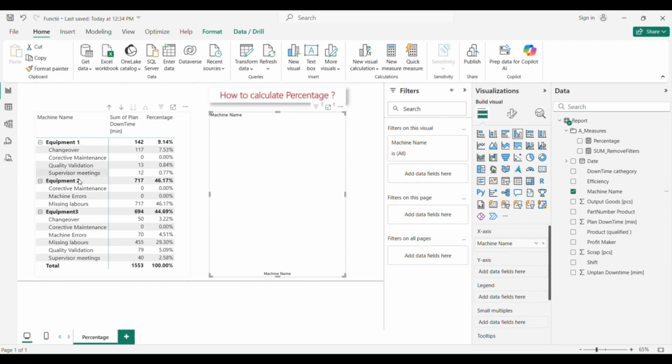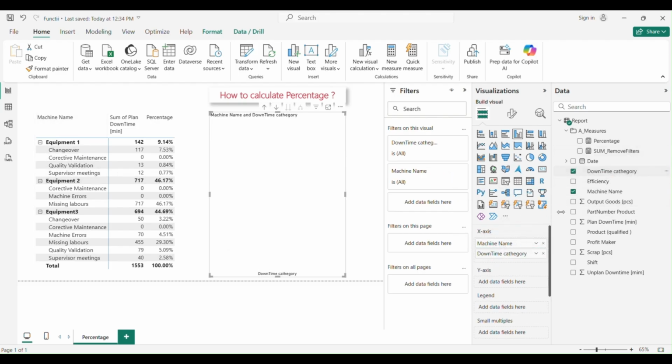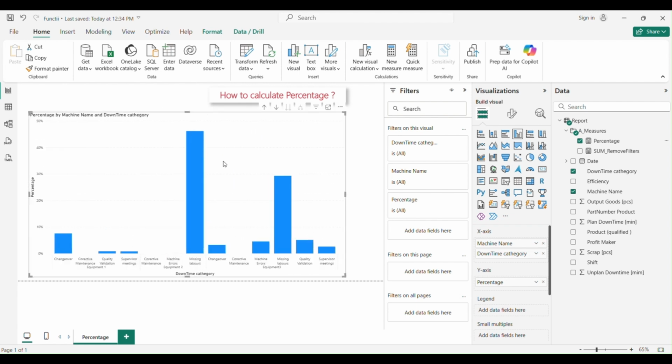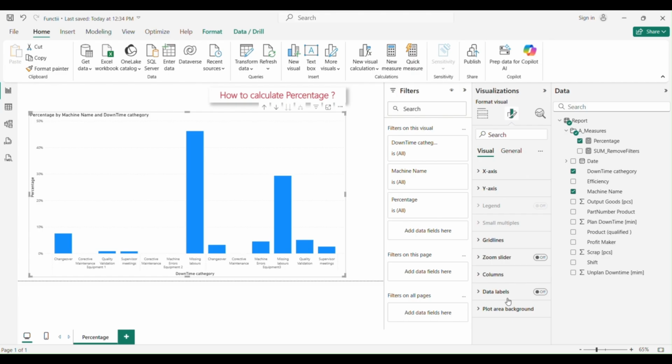We want also the category downtime, and now we can apply our percentage measure for the y-axis. So just to expand this, we can also add labels,